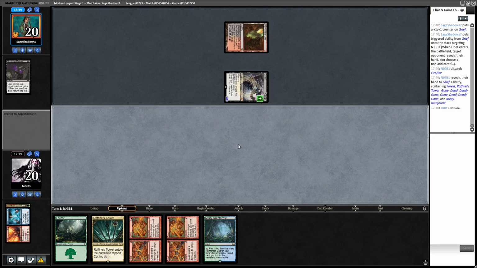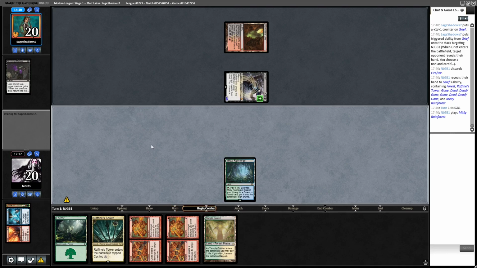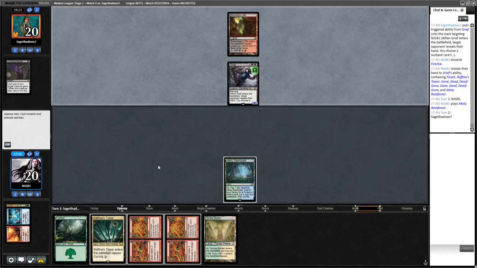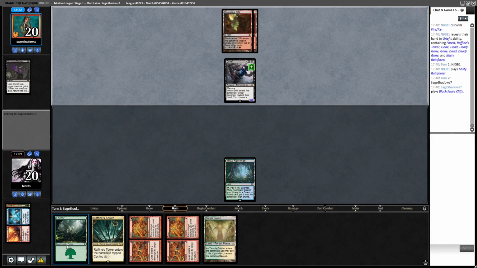See what we draw. Okay, Temple Garden's not great. I guess we could look to try and find... I think, yeah, we're going to play the Misty and pass. Because if they play a Ragavan, we're going to want to be able to kill it. Yeah. We'll probably go and get... It's probably Steam Vents anyway, because then Raffine's Tower gives us all the colours. Not quite actually, but we do have a forest here, so...